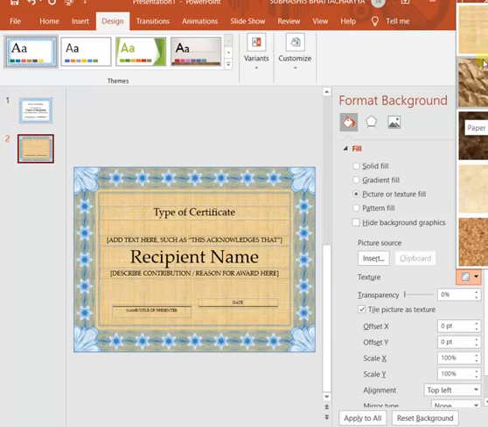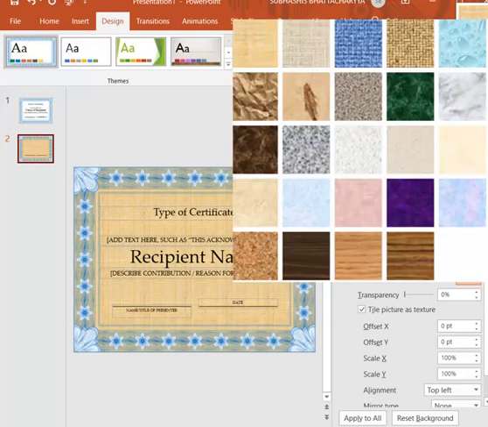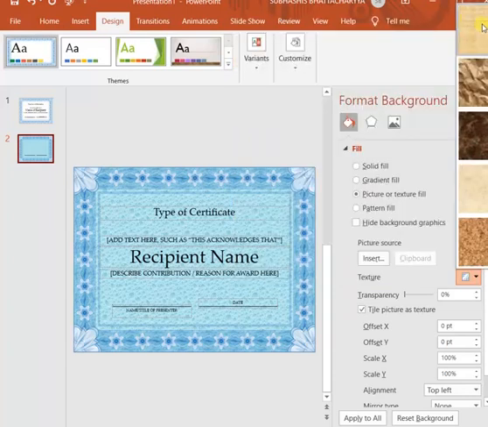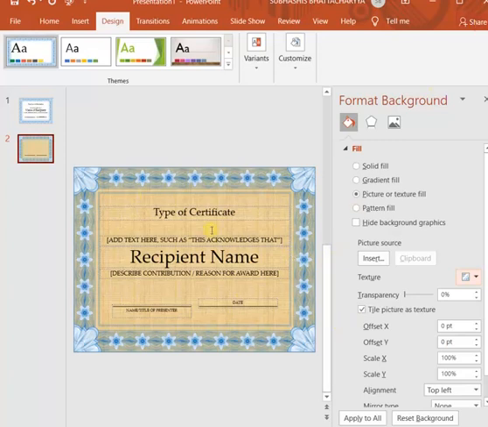From here only you have to choose whatever texture you want. Suppose I select this texture, water droplets. You'll see the water droplets. If I select any other texture, suppose this one, then this one will be applied.